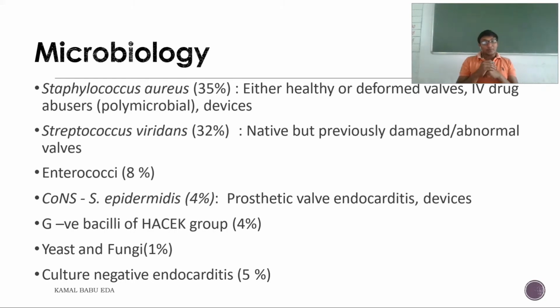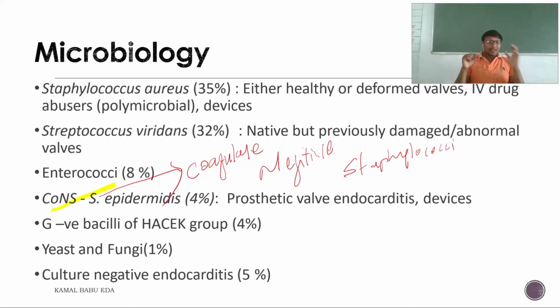And coming to Streptococcus viridans, it accounts for about 32%. It is native, but it is present whenever the heart valve is previously damaged or abnormal. And Enterococci account for about 8%. Coming to coagulase-negative Staphylococci, epidermidis, it accounts for about 4%. They believe that mainly in prosthetic valve endocarditis or with any kind of other devices, this coagulase-negative Staphylococcus,